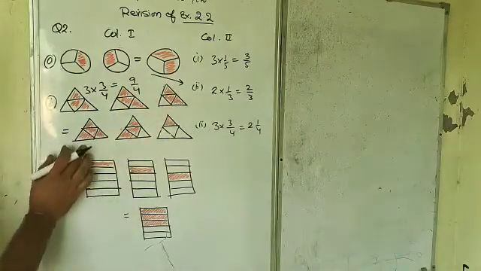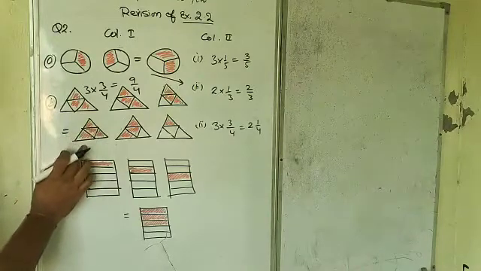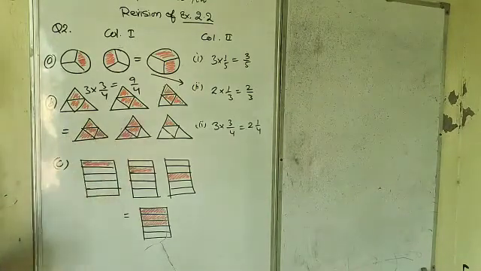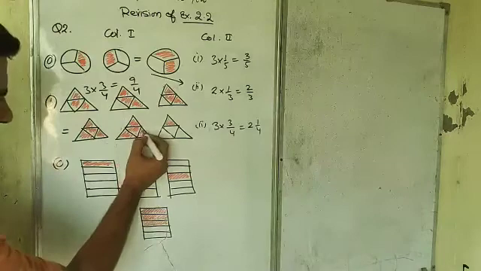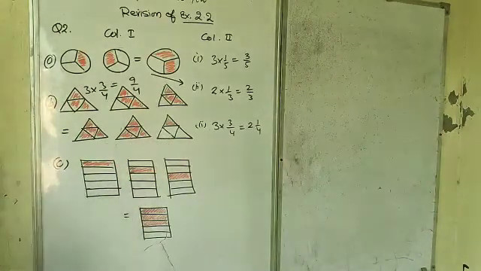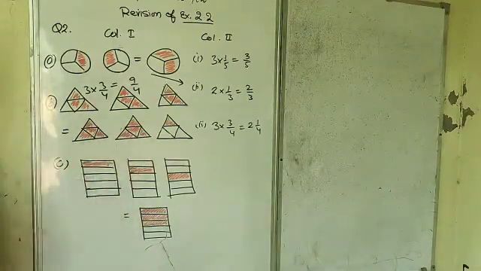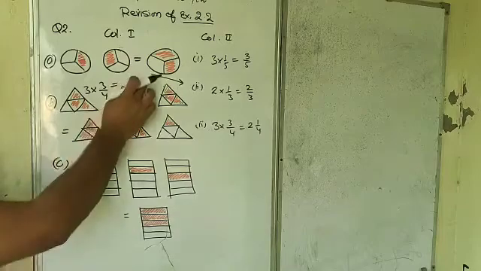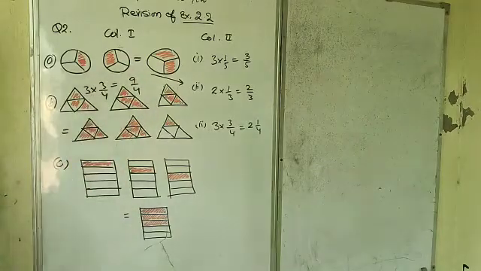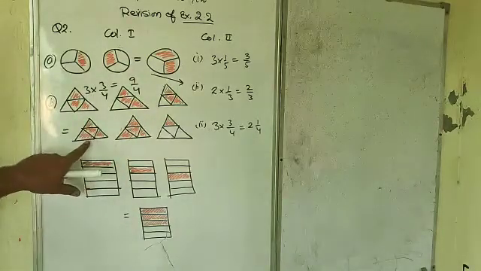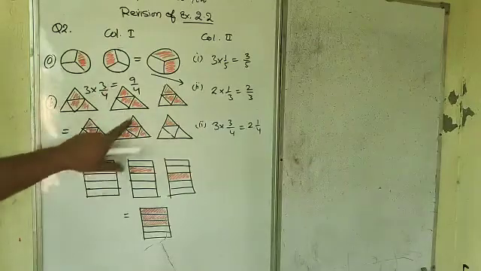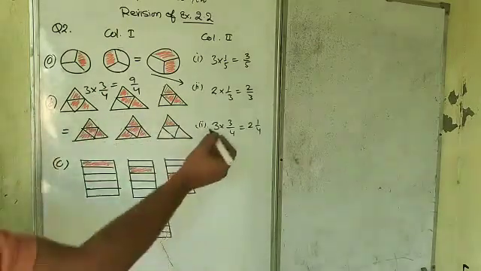In the next section, 1, 2, 3, 4. 4 out of 4 is also colored. So 8 and 1, 9 parts of the given data are colored. It may be 9 parts are colored. Now, look at this. How to represent this value in the given result?